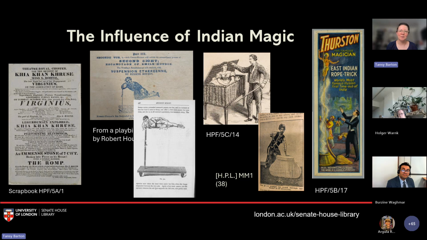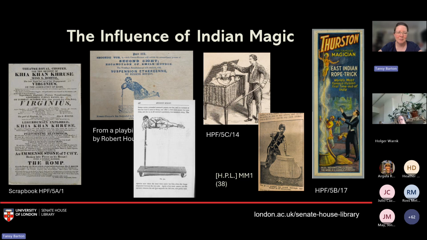And this is where there is a wealth of material in the collection that you can find traces of this appropriation. So we have here a playbill for Kia Khan Cruz, who was a contemporary of Ramasamy, and was probably not actually an Indian performer, but someone possibly Portuguese who'd taken on an Indian name because of the popularity of Indian performers at the time. And Kia Khan Cruz and Ramasamy possibly inspired Charles Dickens to create his own Indian conjurer persona, which he once performed at a house party under the name Ria Ramruz.